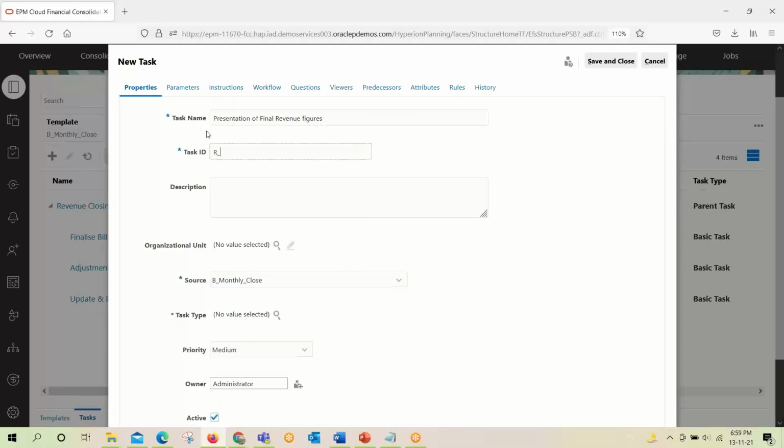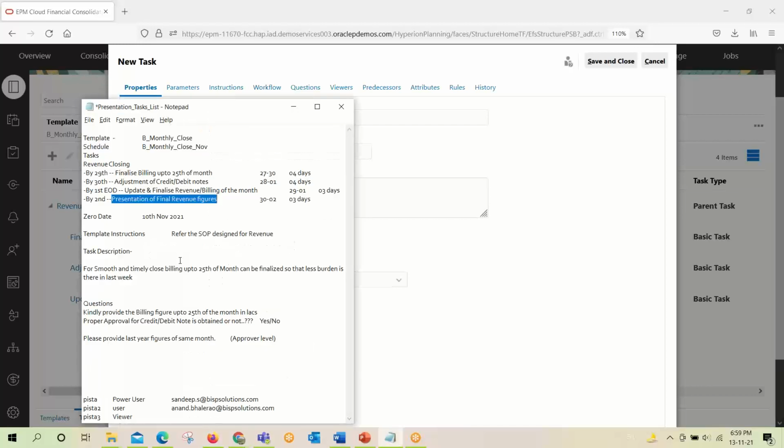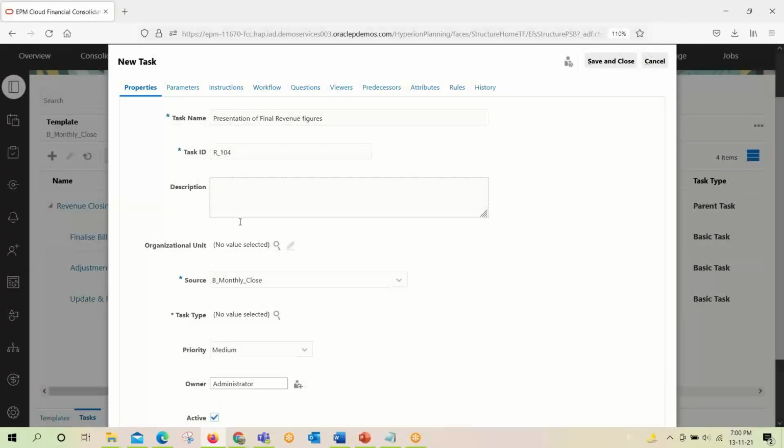We'll give the ID 104. Please provide the details in PPT. We can provide the description, or we can give the instruction there also.